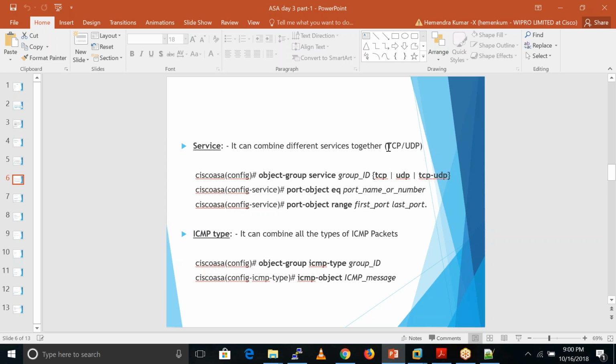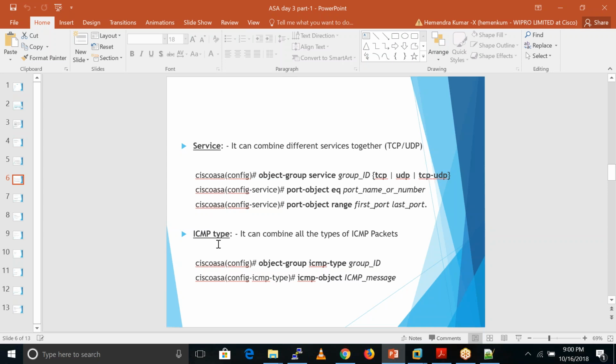Like if we have a DMZ zone where we are running the web service, telnet service, SMTP service, and DNS service, so around 4 services, we create one service object group combining all these 4 services, and after that we can write the policies for the users on the basis of these services.